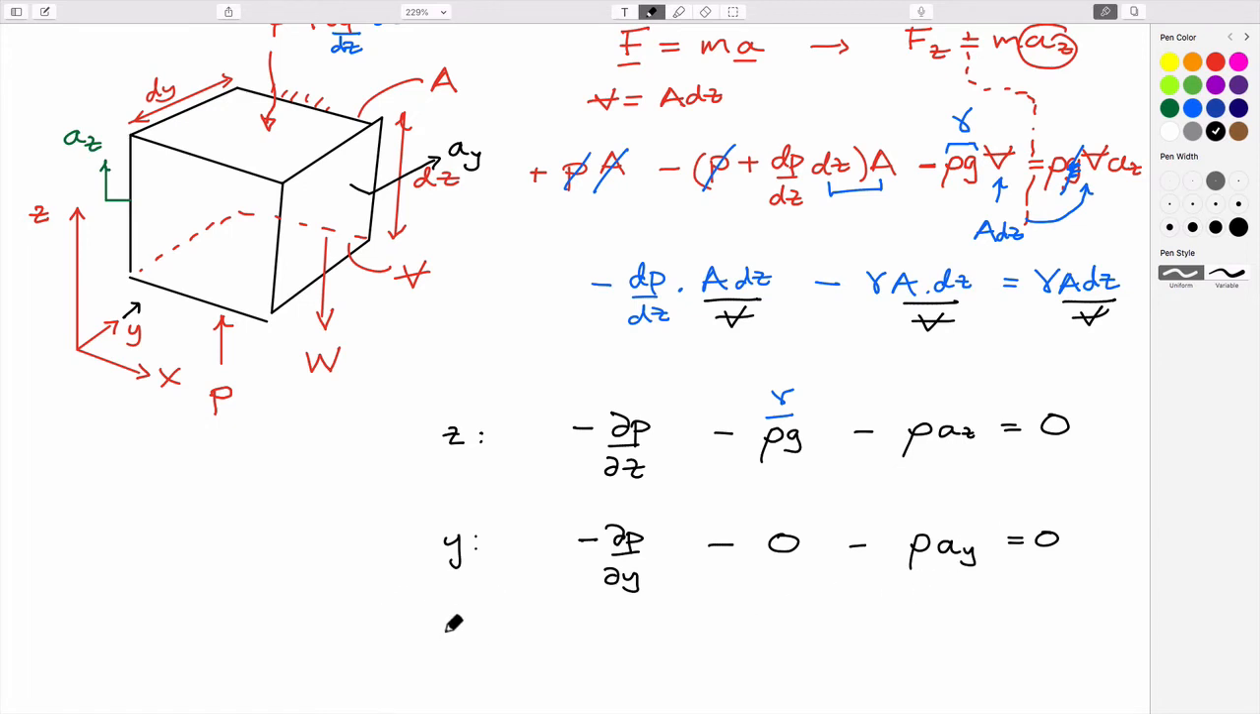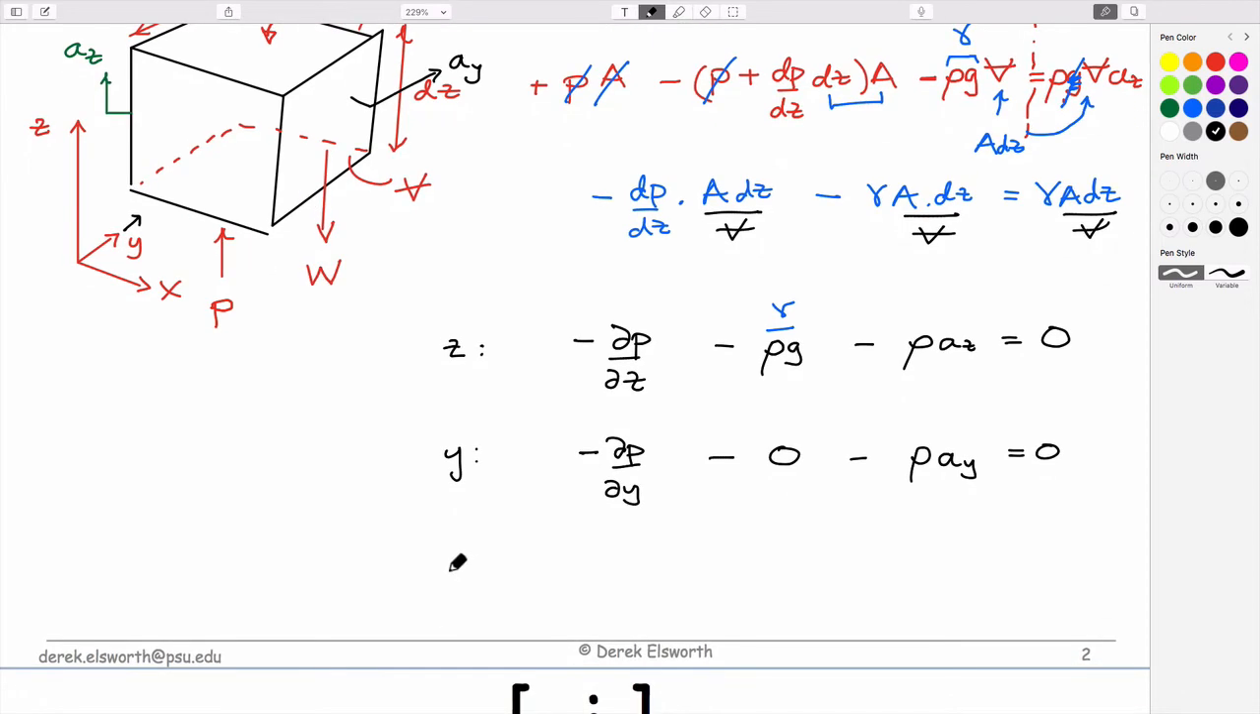And just by commutation, I guess, in the x direction, rate of change of pressure in x minus 0 minus rho ax is equal to 0. And of course, the acceleration in the x direction,